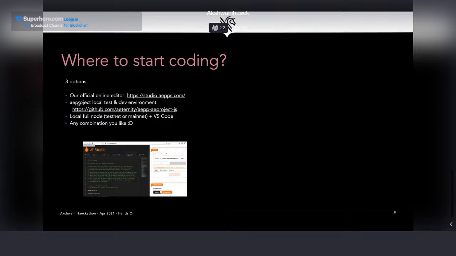And that way you will have a small local network simulating and behaving like the real blockchain, where you can do your test suite, you can try all the different things you want with your smart contract, and be sure that you are doing it the right way.